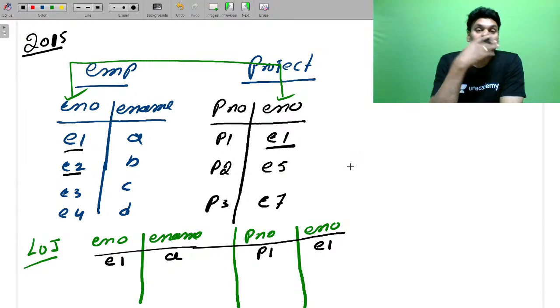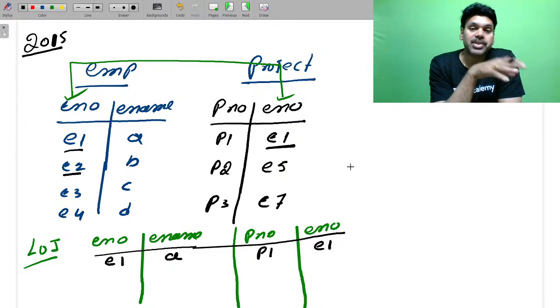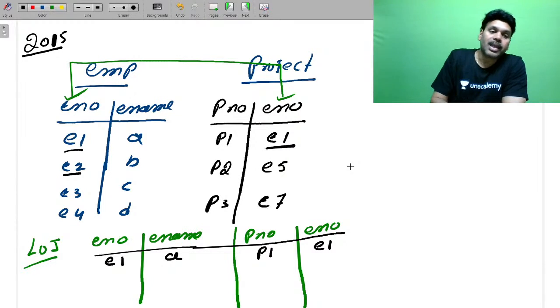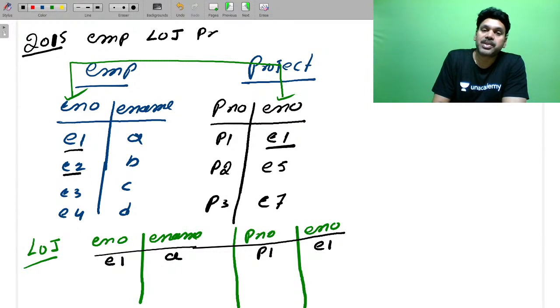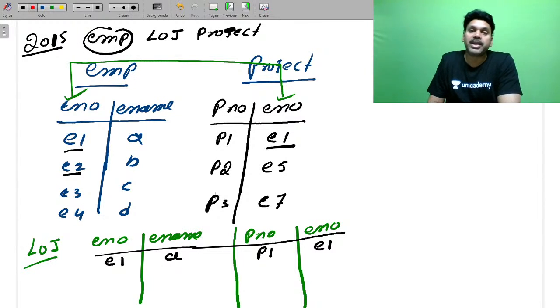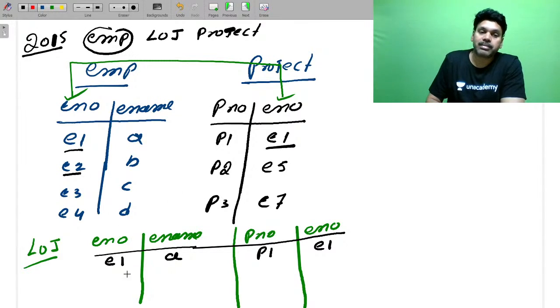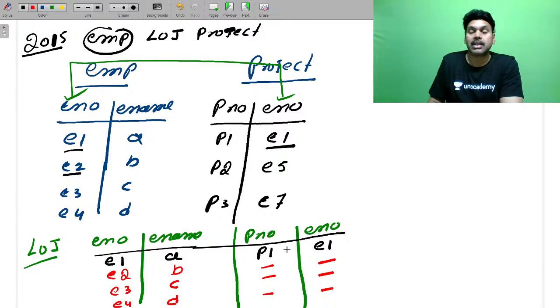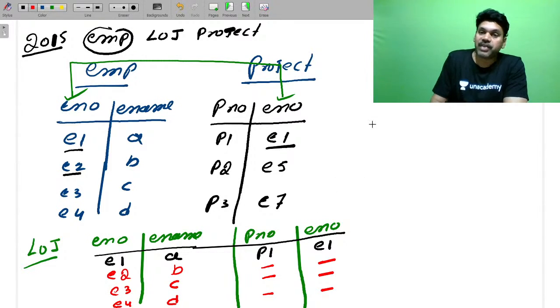Now you tell me how many tuples are unmatched with your project. As I am doing employee left outer join with the project, you need to look at this instance now. So how many employees are not working in the project? They are E2 by name B, not assigned any project, and E3 by name C, not assigned any project, E4 by name D, not assigned with any project. This is LOJ. If I take ROJ,